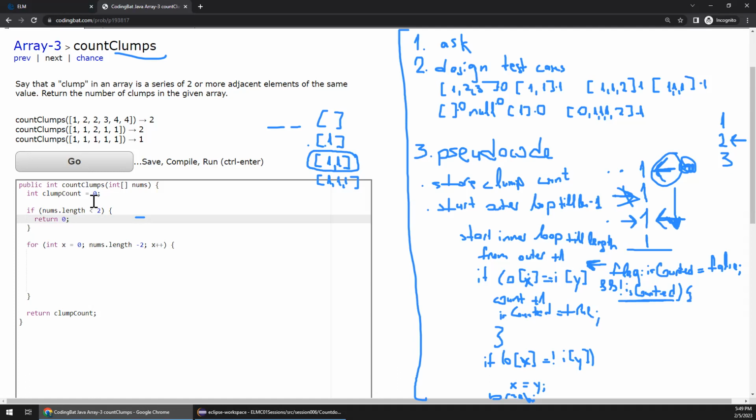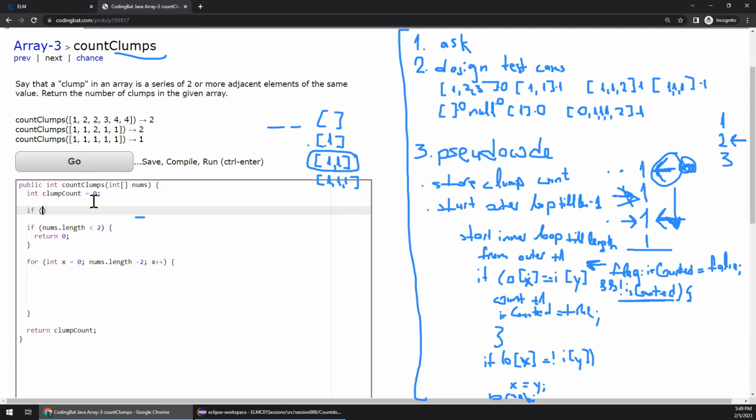If it doesn't make sense, please stop the recording, go 15 seconds back, and listen to the explanation one more time. And while we're at it, if length is less than 2, we should also, as good developers, do this: if nums is equal to null, or nums length